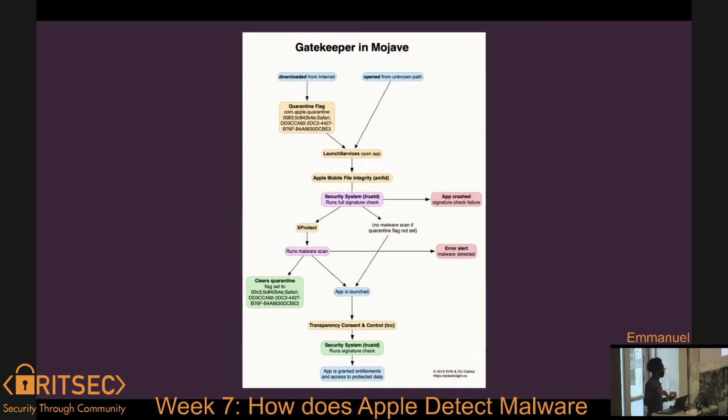Is that the word? Equivalent. Apparently it's equivalent, but they look different. Well, the point is, if you need to visually see where things are located, like the folders, it's called the Finder in macOS, and that's also called Launch Services. It does that. Then it does some checks, but we're gonna ignore all of this step.